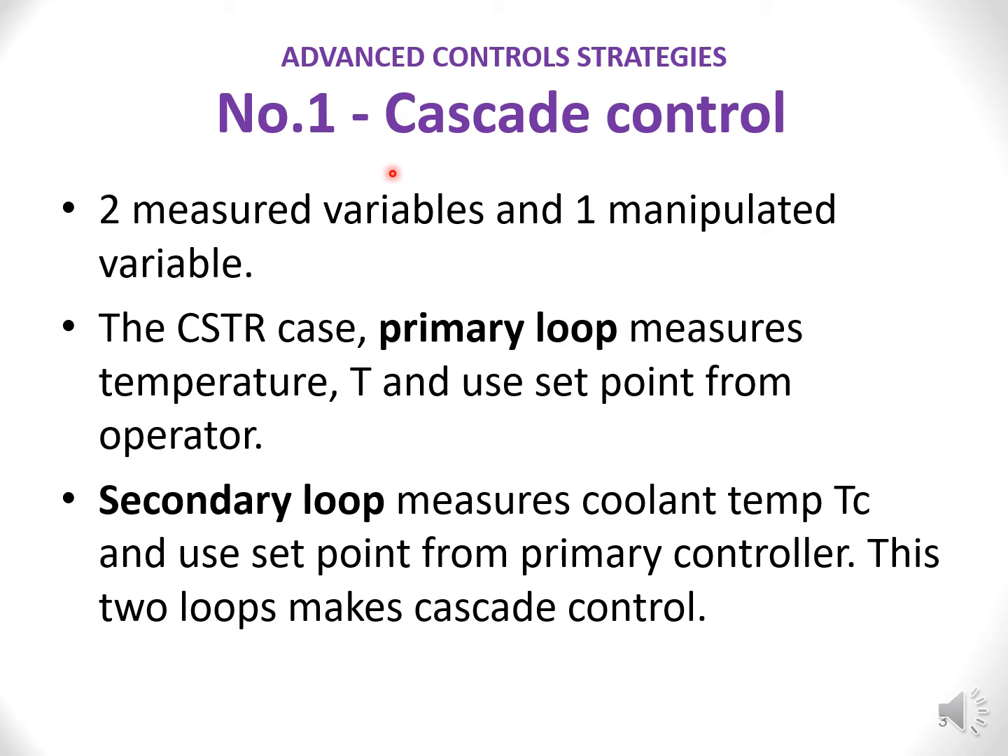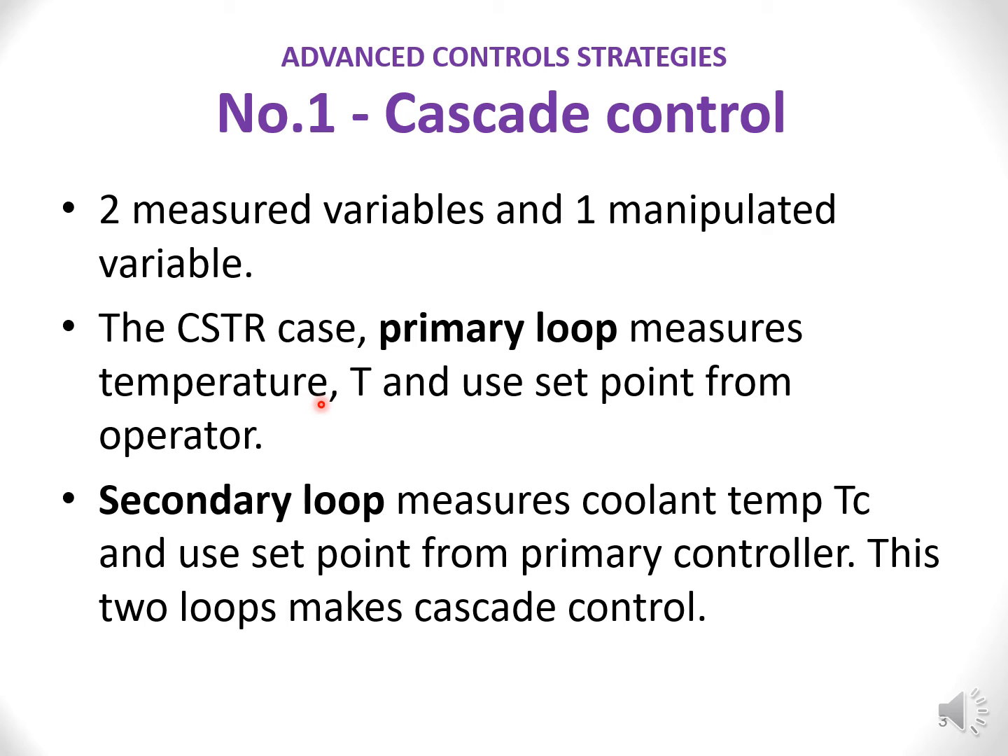So for the cascade control, basically what we have is two measured variables, as we can see just now, and one manipulated. We measure the temperature of the reactor and the temperature of the coolant, and the manipulated variable is the flow of the coolant. So basically we can say that the CSTR,